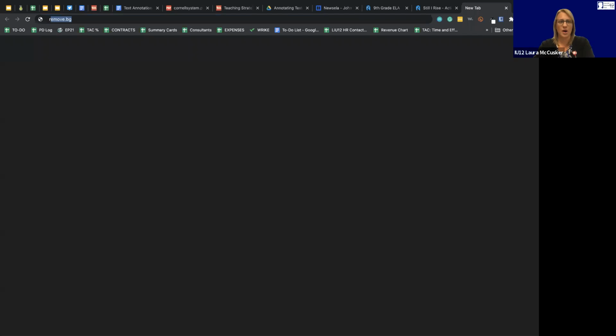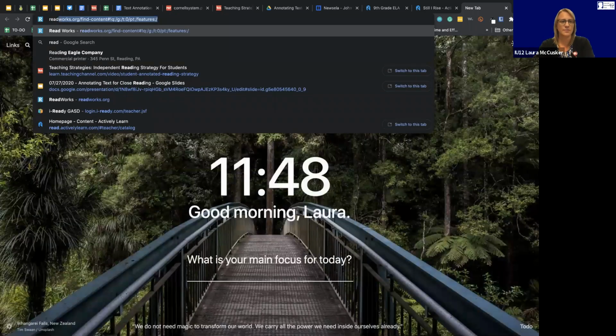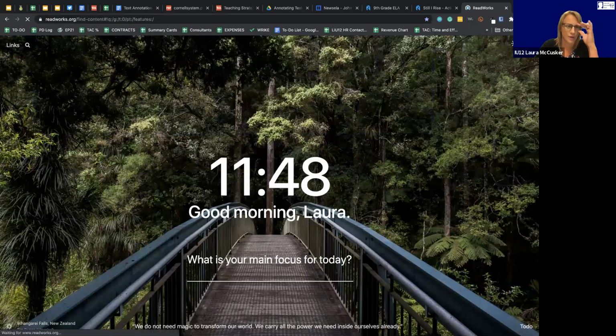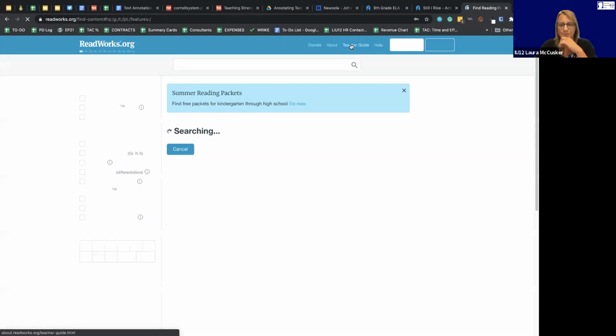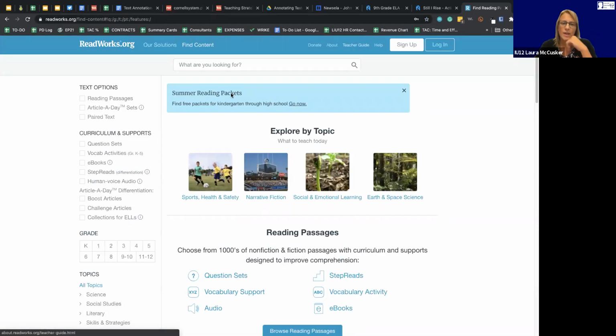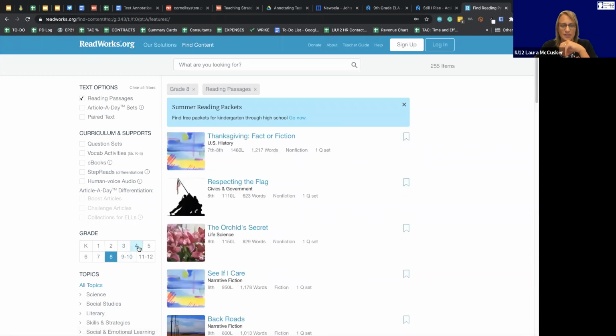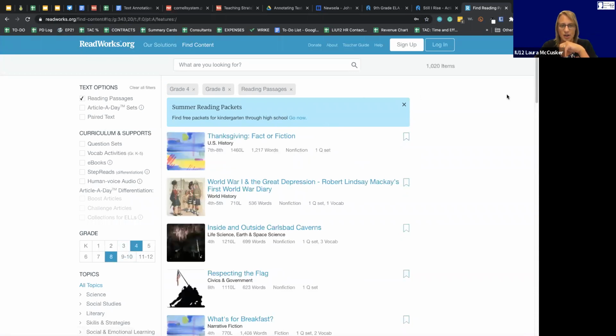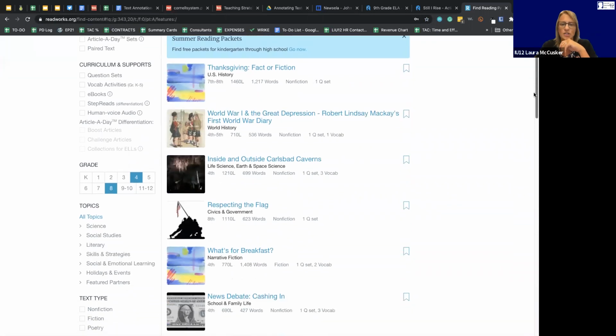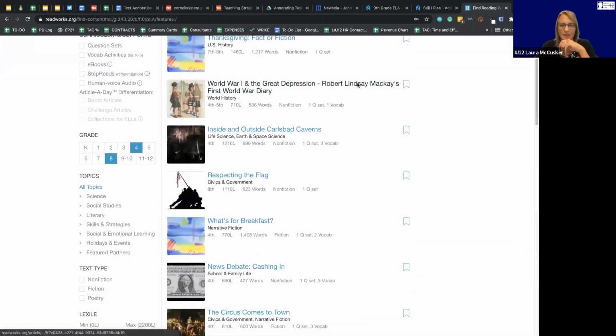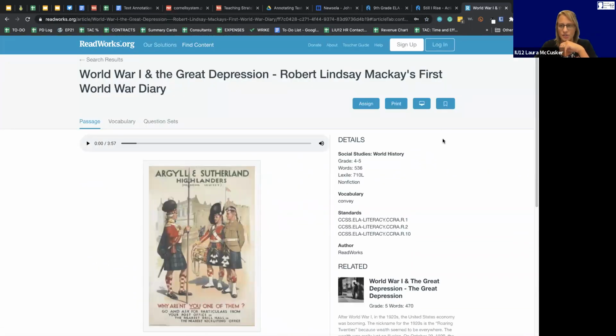Another one that was brought up is ReadWorks. So let's go ahead and go to readworks.org. So here we can find reading passages as well that can be filtered for all of these pieces. And we can also, let's go grade, let's see, I know I have a 4th grade teacher here. Let's do that, right? So if I want to think about this and I'm looking at the world history piece,